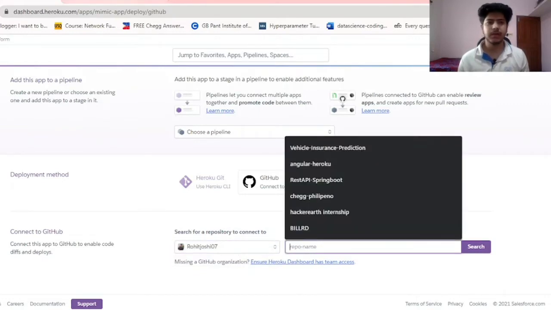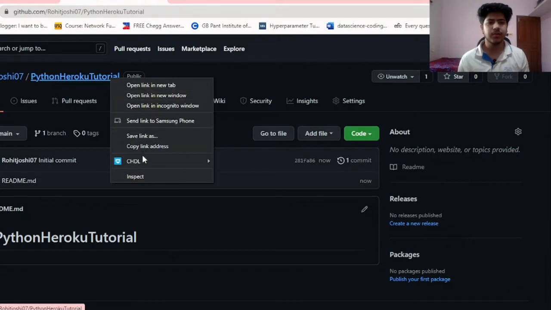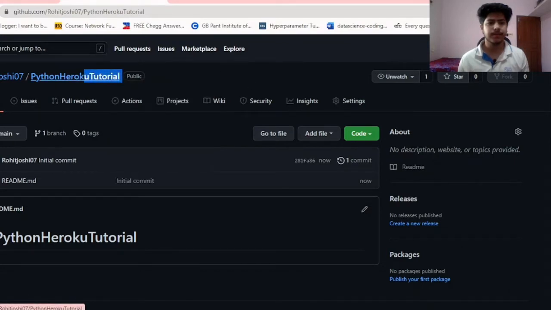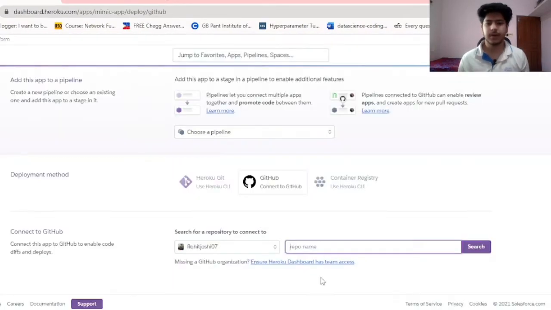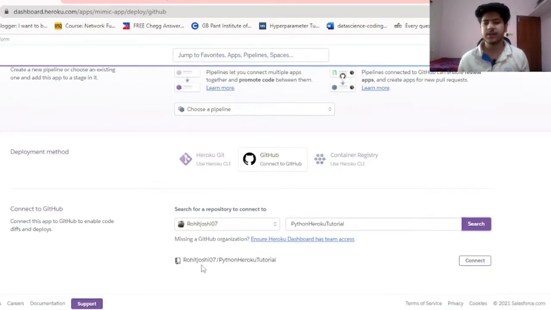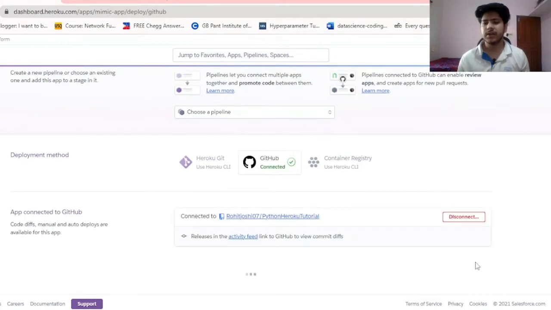the repo name. Repo name is what? It's python-heroku-tutorial. I can copy from here and paste it. If I search it, then it will say yes, this is found, and you can connect with it. Once I click on connect,